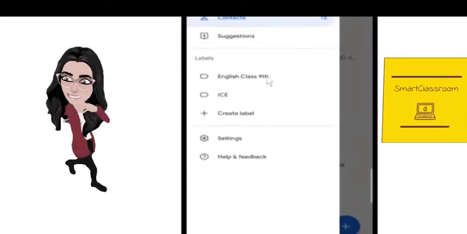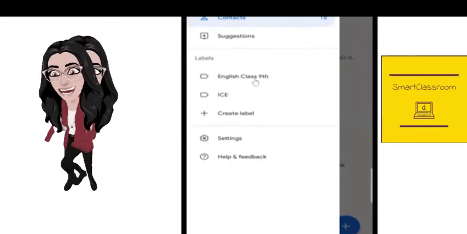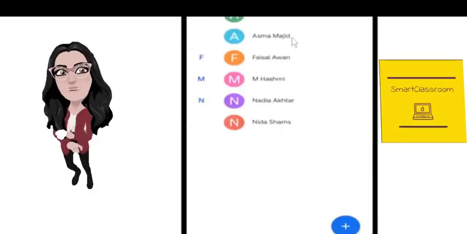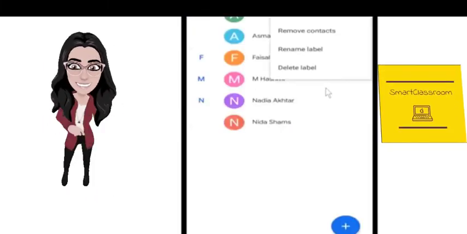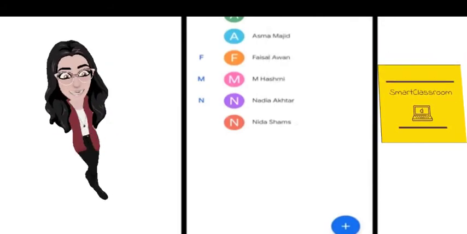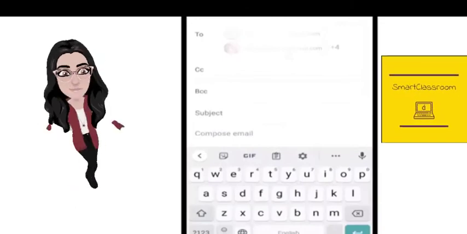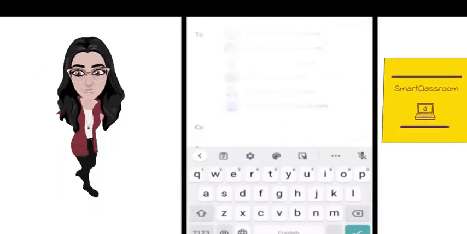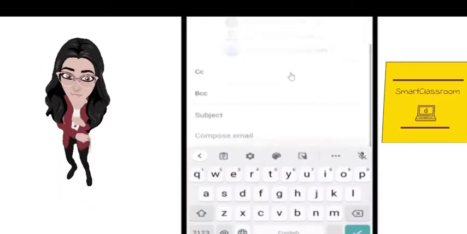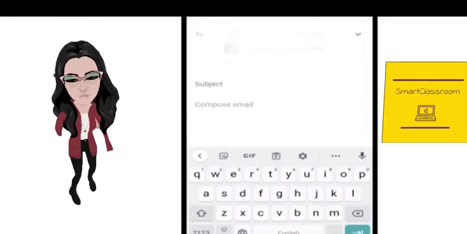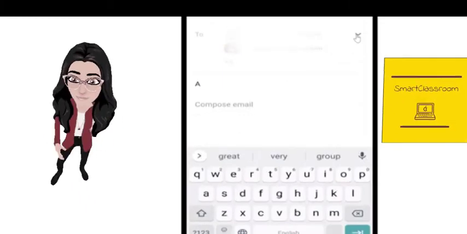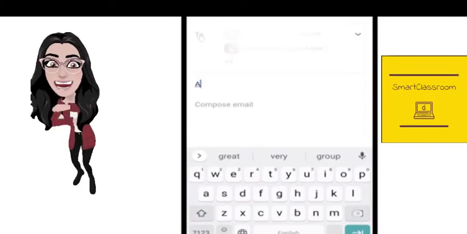Here I have this functional group of English class 9th with me. I have various students in it. I just click here and send them the email. Here you can see that all of the Gmail addresses are automatically entered in the to bar.